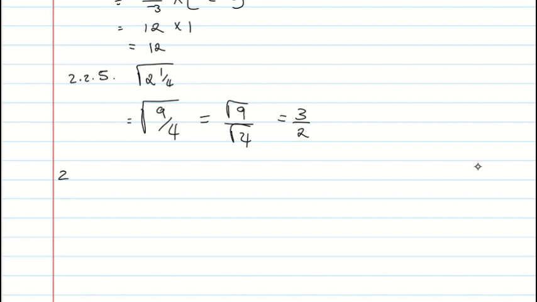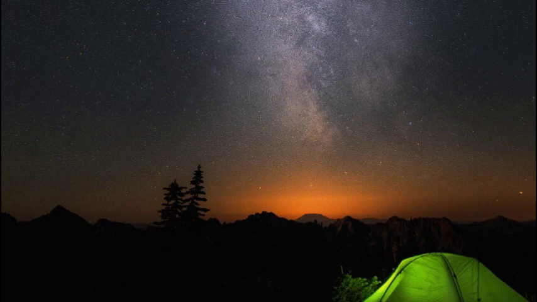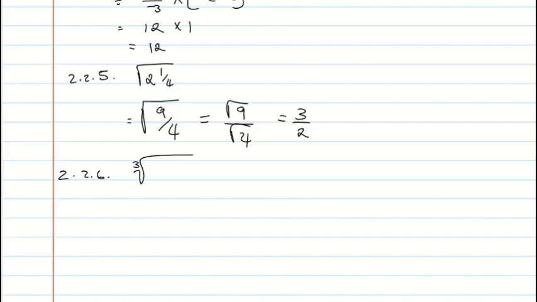Then we're moving on to question number 2.2.6. There we have the cube root of, what do we have there? Another negative there. Alright, so it's going to be 1 million. Like that. So the first thing is we start from the first negative cube root. What I would do, I would make the number